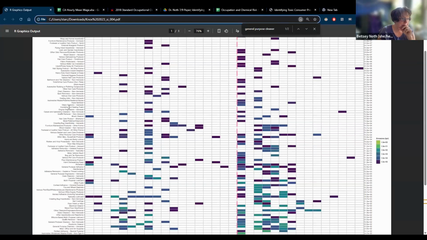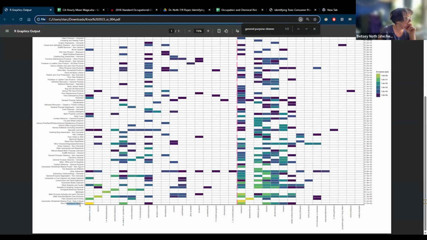And so I think what this is, for that very bottom line with paint removers and strippers, for example, each color-coded box is the amount used in that particular product category. Yeah, in the particular product category, and so for paint removers or strippers, for methylene chloride, like you said, it's yellow, so that's the highest. I don't know what it means, but